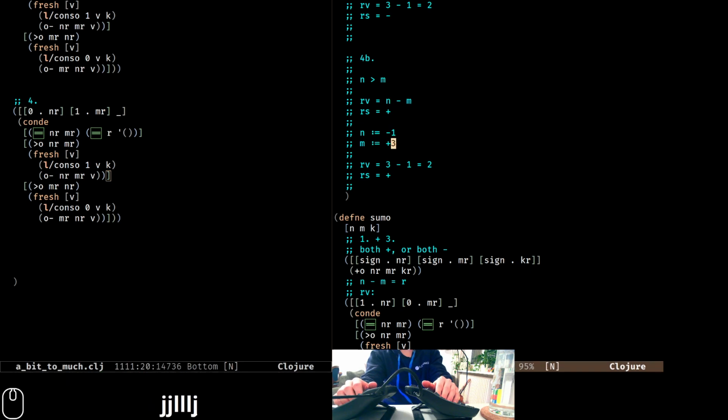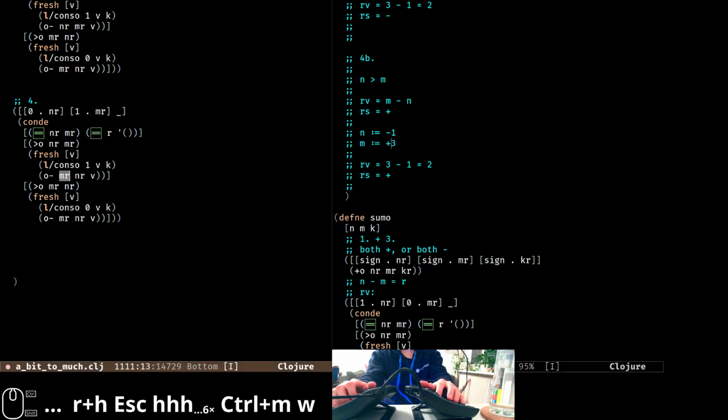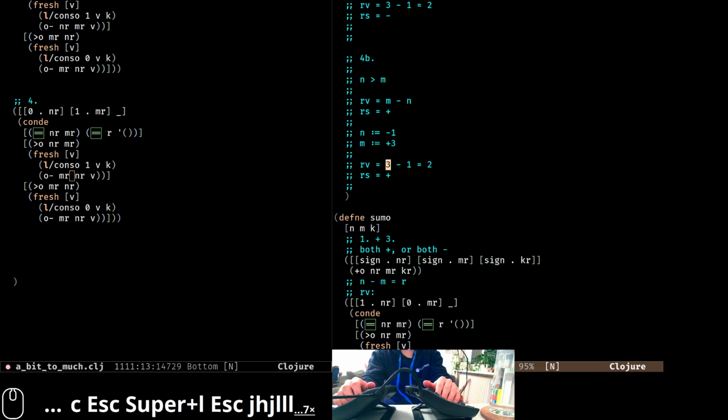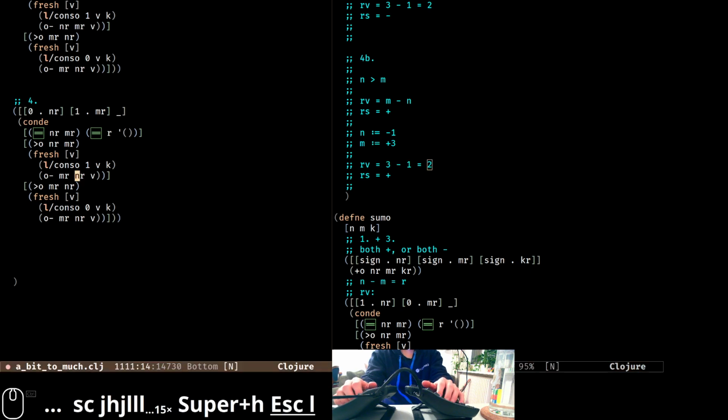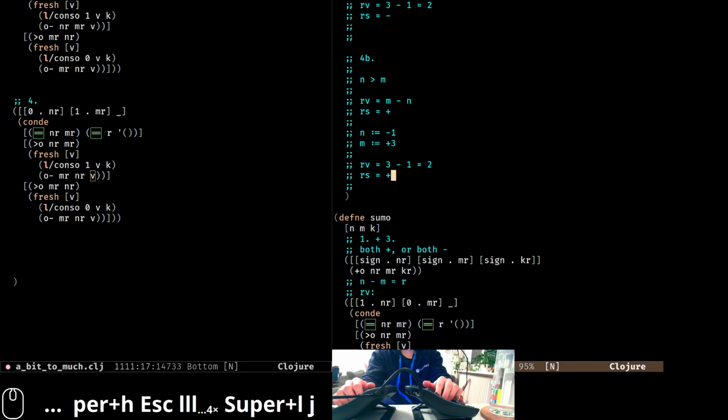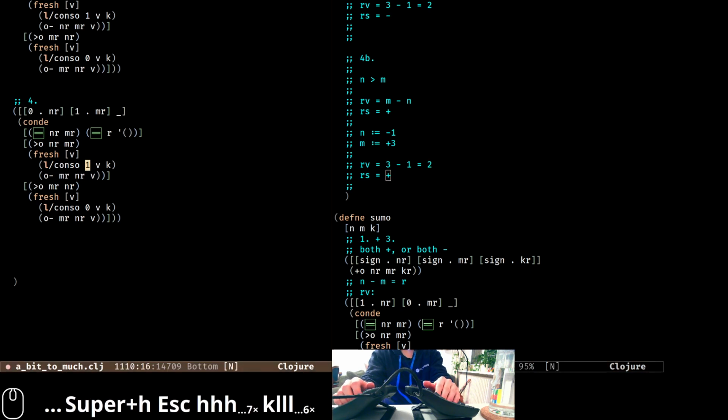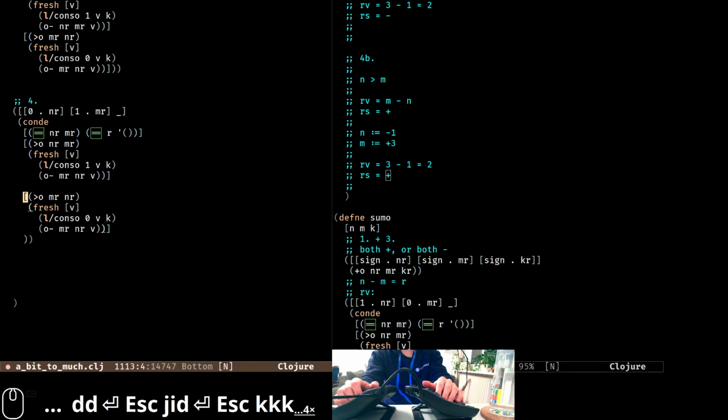This is, for example, minus 1 plus 3. There you would say that, wait. I need to say m minus n. If I say minus 1 and plus 3, I need to flip this. I need to say 3 minus 1 is 2. This is the magnitude. This value here, yeah. And the sign is positive. So, okay, here. Okay, and here is